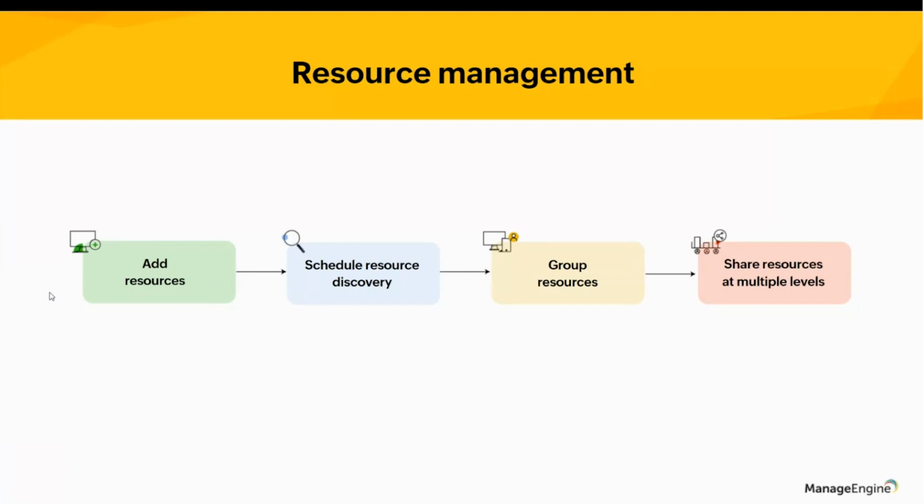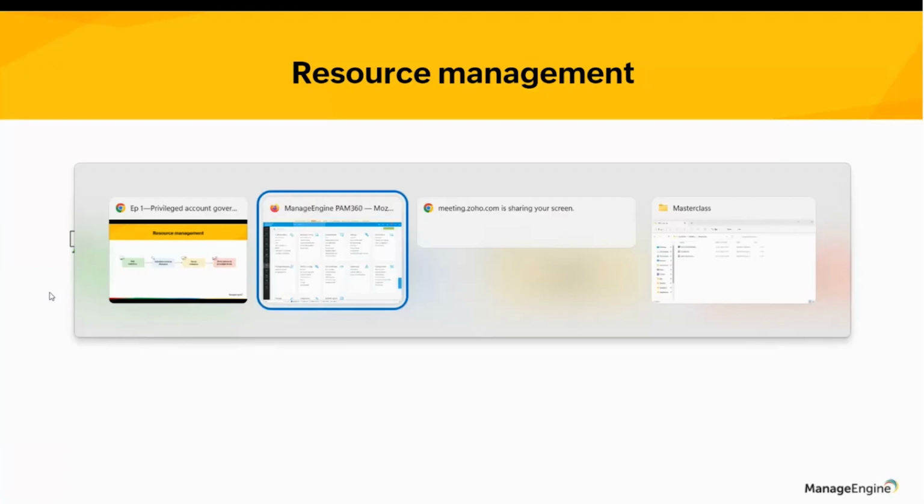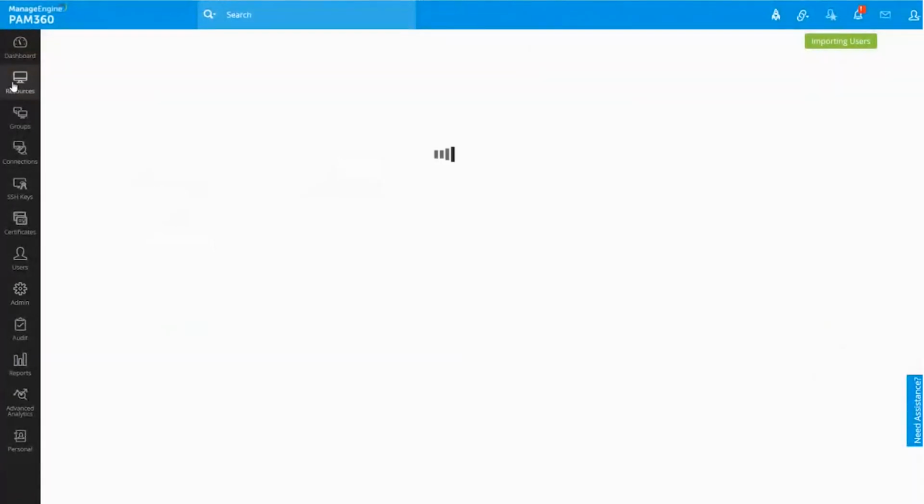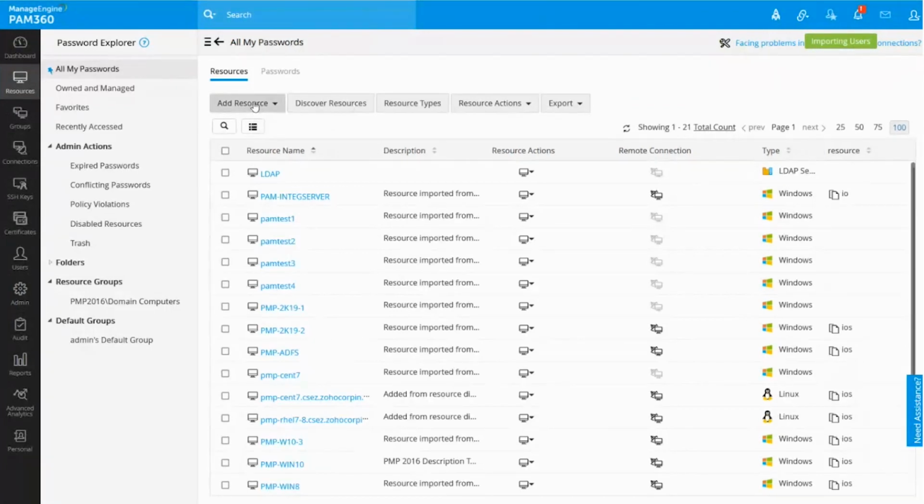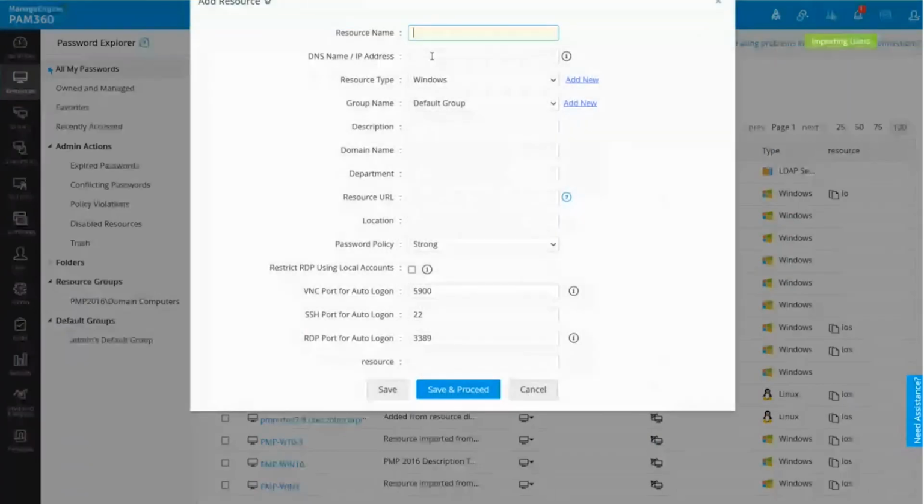Let's see how we import resources into the application. When it comes to importing resources into the application, we have multiple options here. You can add it manually or import it from a file, or if you have information in a KeePass database, sure, you can just get the KeePass database imported and get all the details into the application in a single shot. For adding it manually, you need to specify the resource information one by one, like what is the resource name,